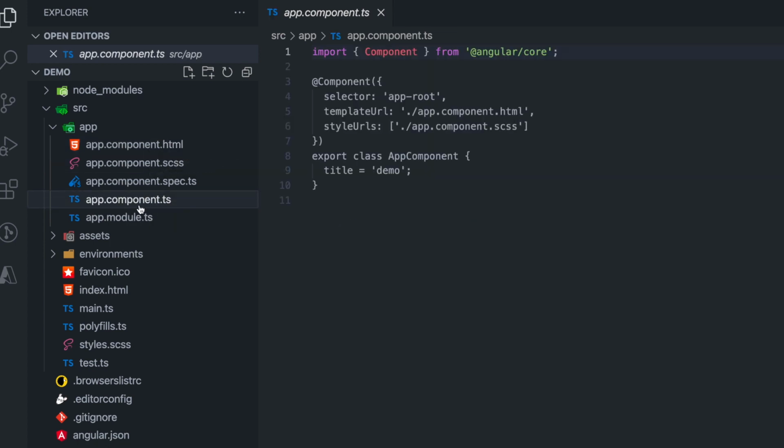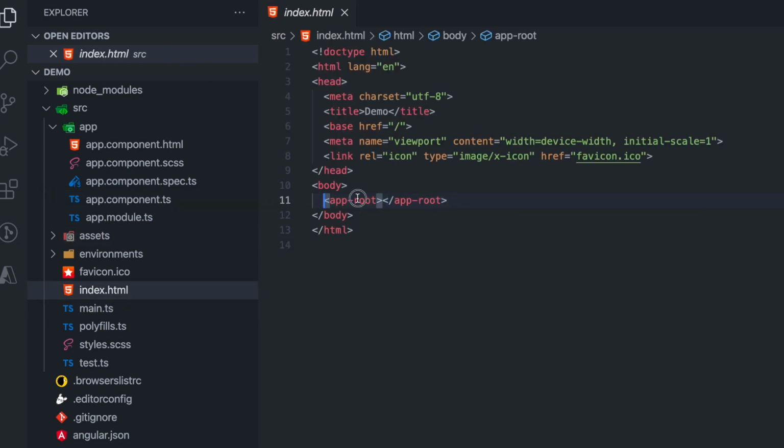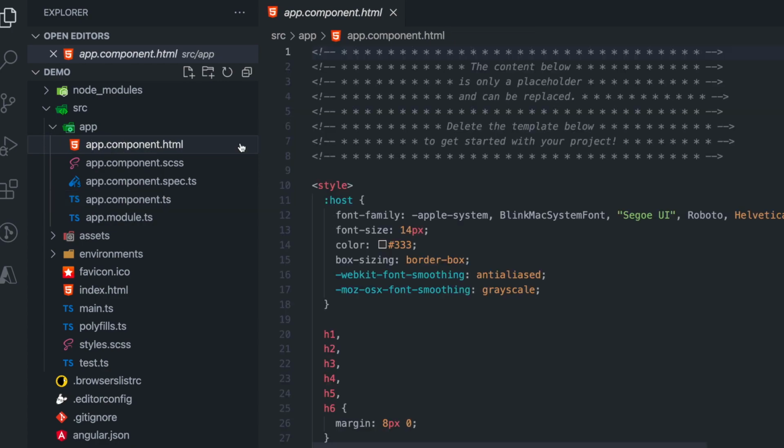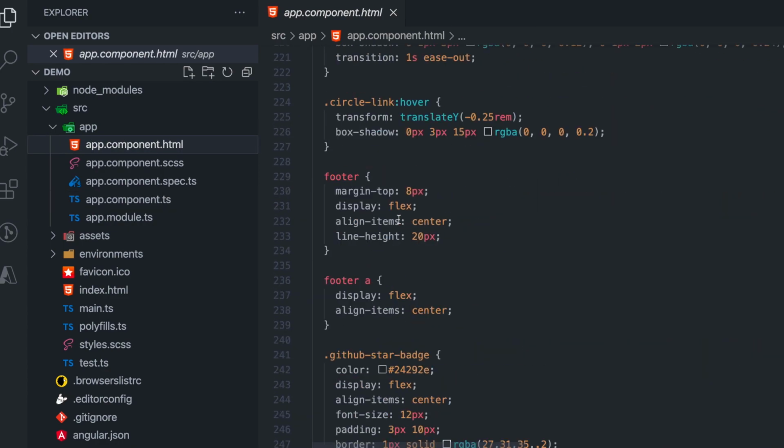How this component's HTML is coming into this place is through three pieces of code. One piece is that you wrote a custom tag here. The second piece is that you wrote app-root as a selector element in the TS file. You don't have to make any code changes for now, but just to understand the linking: in the HTML page you wrote app-root. In the TS file you declared that wherever app-root is present, I am going to use this HTML. So you wrote app.component.html, and whatever you wrote in that HTML will be rendered in your page.